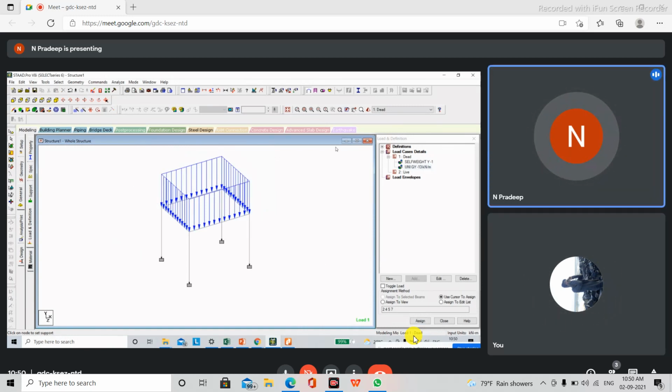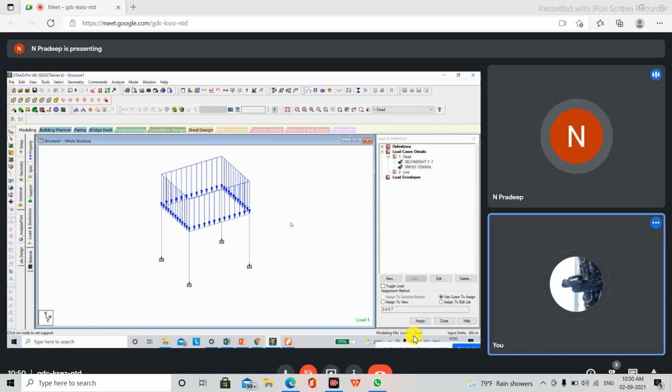And the next thing is live load. When I say live load, generally what we are taught in college is that people living in that room are live load, furnitures are live load. It doesn't work like that. Live load is based on the occupancy, the purpose for which that particular building will be used. That is what is called live load.